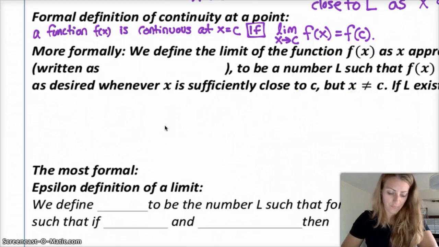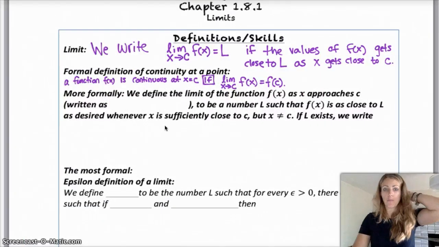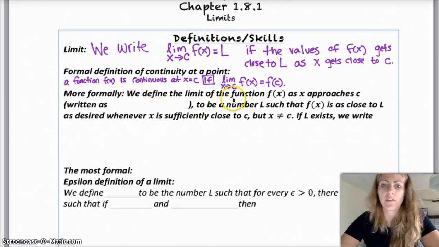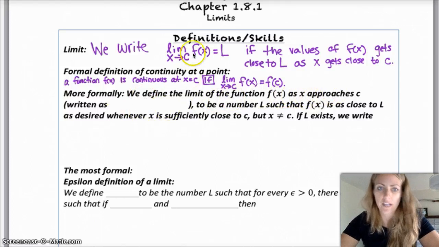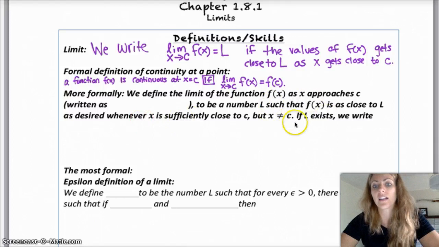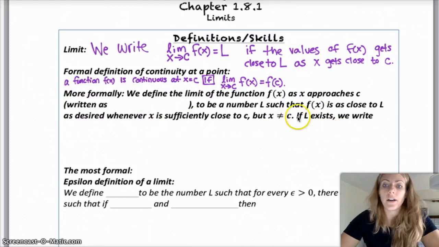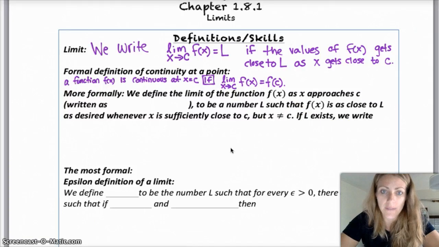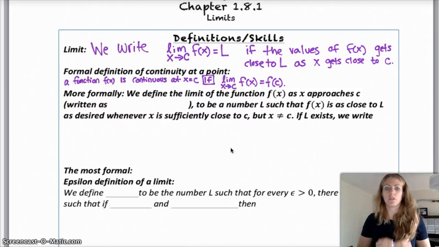Okay, cool. So then we want to talk a little bit about a more formal definition of limit. This is just a fancier way to write it. We can define the limit of a function f of x as x approaches c to be a number L, such that f of x is as close to L as desired whenever x is sufficiently close to c, but x does not equal c. That's a long definition. It's kind of confusing. But basically, all it's saying is that the limit as x approaches c is equal to L